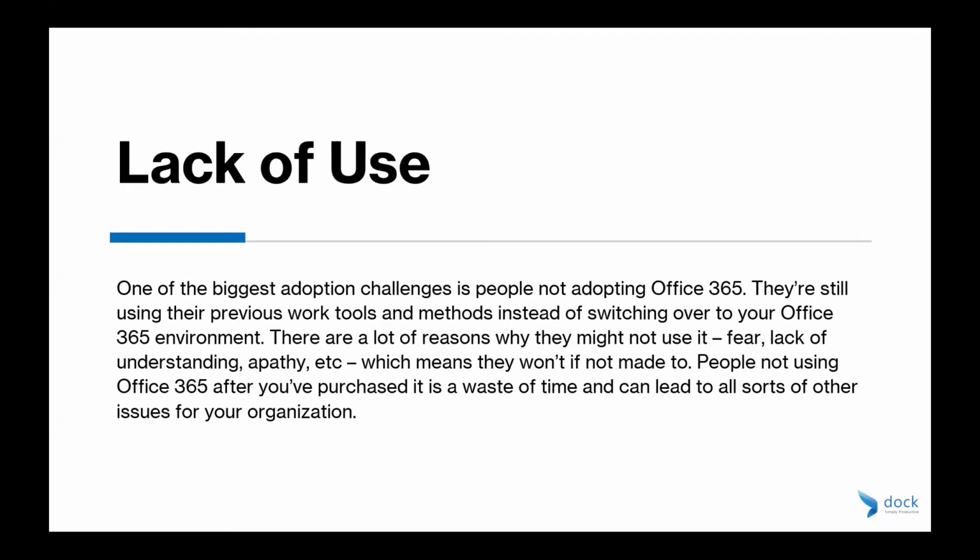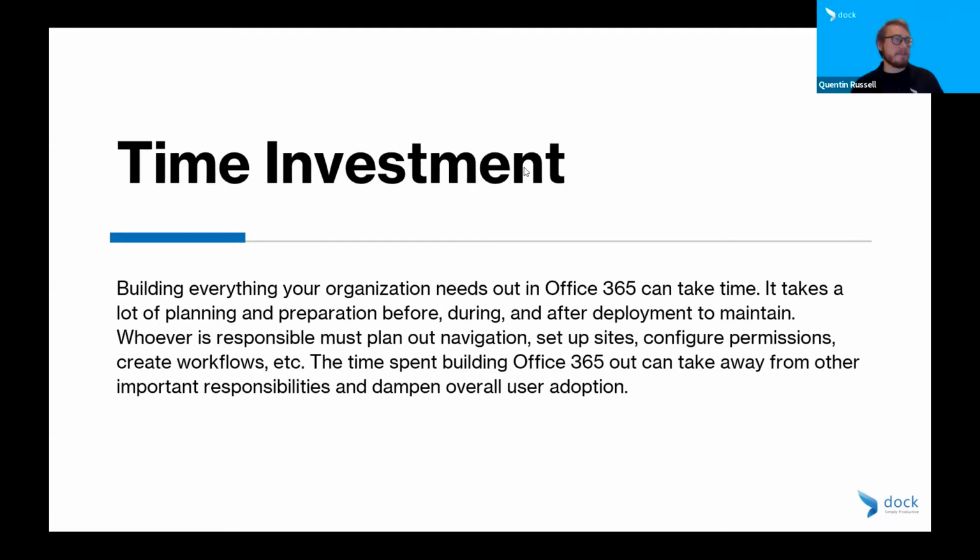Moving on to the next one is the time investment involved in setting up Office 365. It takes a lot of time to build out anything worthwhile in Office 365. Anyone responsible for setting up an Office 365 environment built out for a workspace is going to be planning out site navigation, setting up the actual sites themselves, configuring permissions, building out workflows,